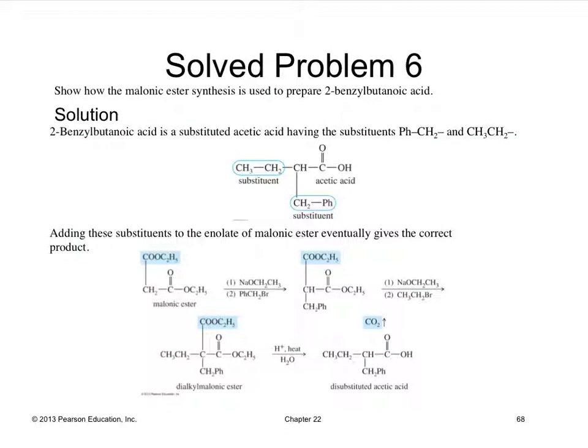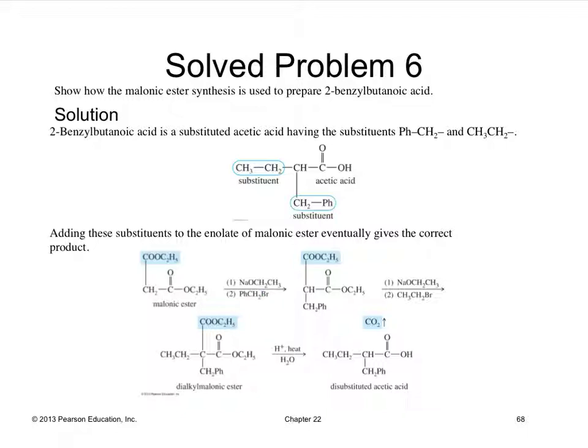So here's a problem. Show how malonic ester synthesis is used to prepare 2-benzyl butanoic acid. So here it is shown. So there's one substitution and another substitution, and this will come from the malonic ester. And so if you start off with malonic ester, sodium methoxide,